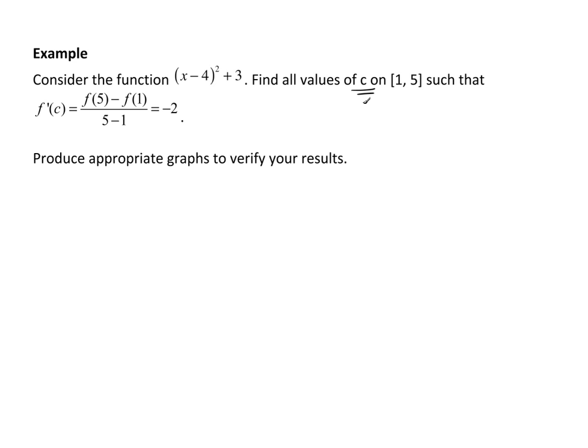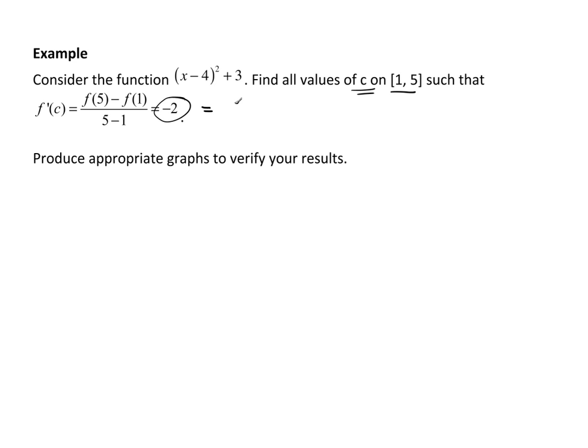I want to find all values of c on this closed interval 1 to 5 such that f prime of c equals (f of 5 minus f of 1) over (5 minus 1), which is negative 2. So I'm looking for all values that have a slope of negative 2. Now, just quickly, we can work this out so you can see that this is in fact negative 2,